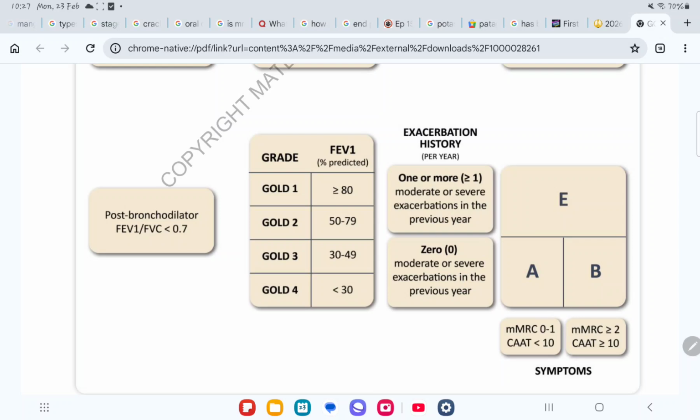Past year, if there was no exacerbation, then it will be A or B. And if the patient had even one exacerbation in the previous year, it will be straight away E. So if the patient had 0 moderate or severe exacerbation in the previous year, it will be A or B. A if the MMRC is also low and B if MMRC is 2 or more. E will be if the patient had even one moderate or severe exacerbation